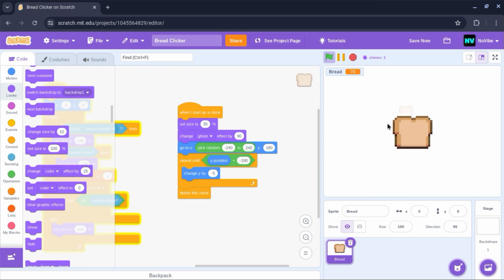That actually looks really good. We'll keep it like that. But now I kind of want a background for the game. So let's go ahead and make a background. Over to backdrops. And then in this backdrop here, I'm gonna